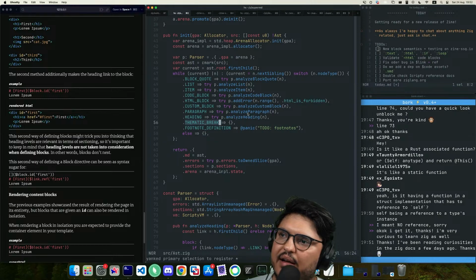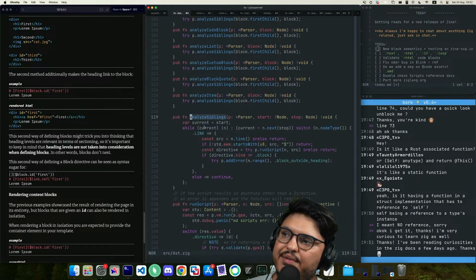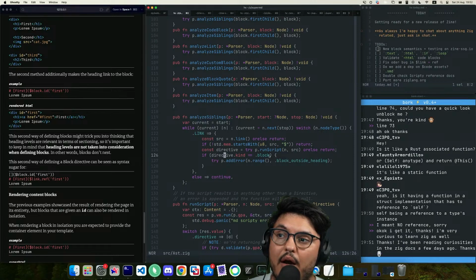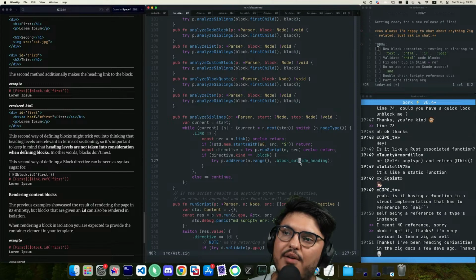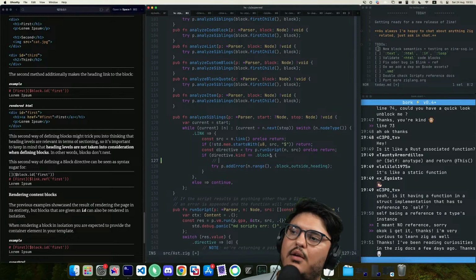Okay, analyze paragraph. I think what we want to do is analyze paragraph. And paragraph analyzes all siblings. As we analyze siblings, if we find a link, then we run the link as the link's script if it has a script in it. Okay, and that gives us a directive. And then if the directive is a block, we complain, block outside heading. We're changing this now. Blocks are allowed outside heading, but the block cannot have anything before it. So if a block